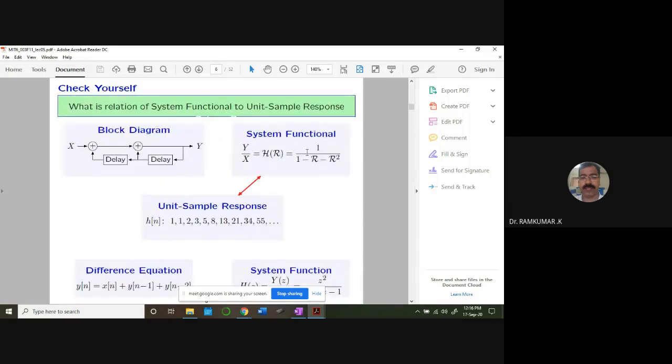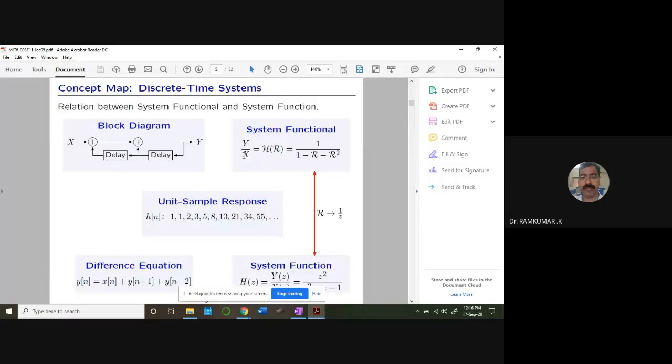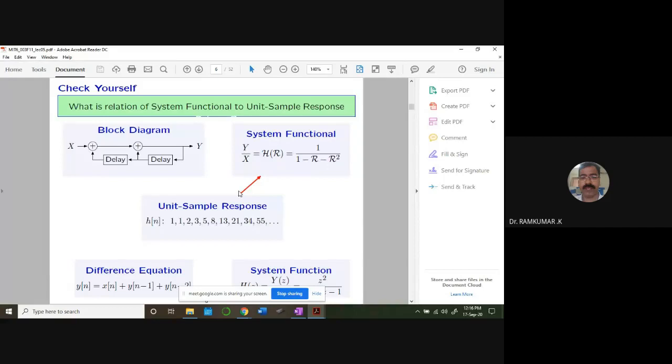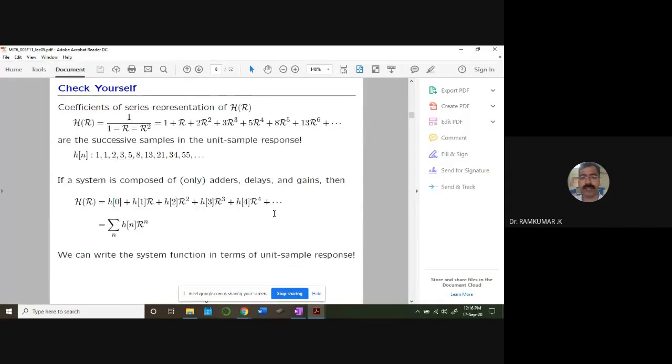What is the order of the system? It is a second order system. A second order difference equation is what in fact you have taken, and the input x is nothing but an impulse. For the impulse, the system has responded like this, and these are all the coefficients. This is the impulse response of the given system, and this is a discrete domain transfer function of the given system.